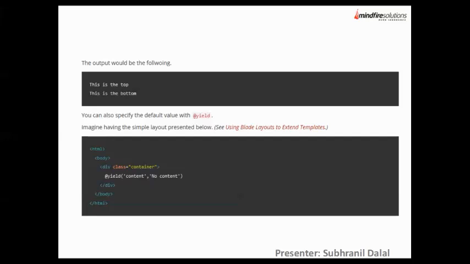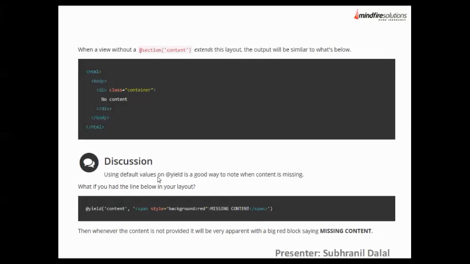to the user. Here I call the yield function with the content section and I have 'no content'. So if my page's content section is missing, then the default text 'no content' will be printed to the user. Here you can see that is the output. If that content section is missing, it will show you 'no content'. For that default second parameter, we can use some HTML or styling to make it more attractive,